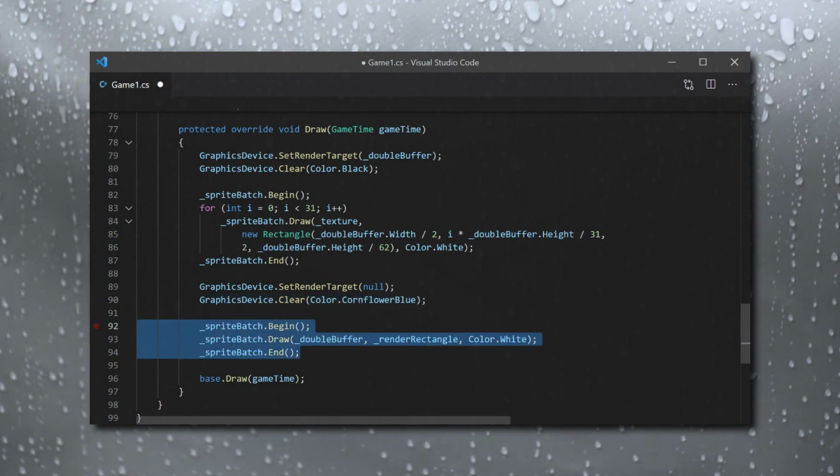We start a sprite batch and we draw our render target to the screen using the rectangle we calculate when the window changes size. After ending the sprite batch, boom, we are done. You can now compile and run it. Congratulations! You have drawn a net to the screen, and the game display stays the same aspect ratio no matter what the window size changes to.